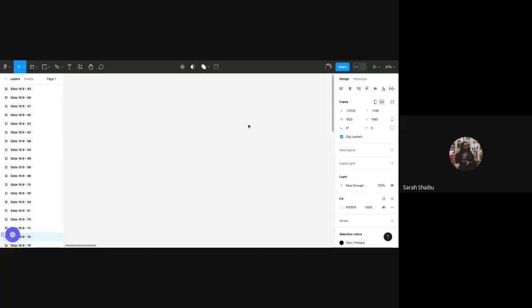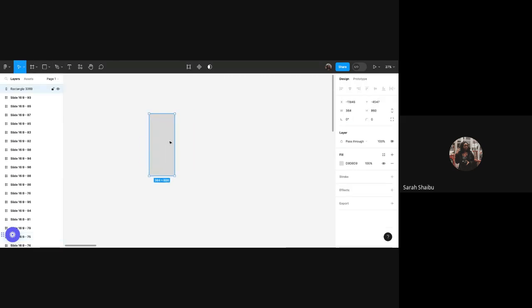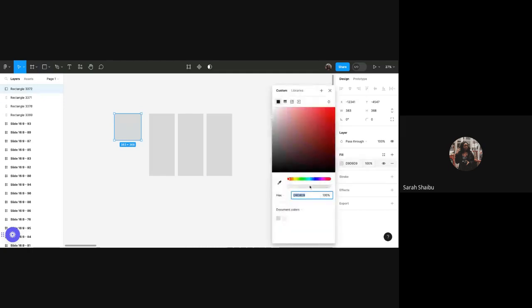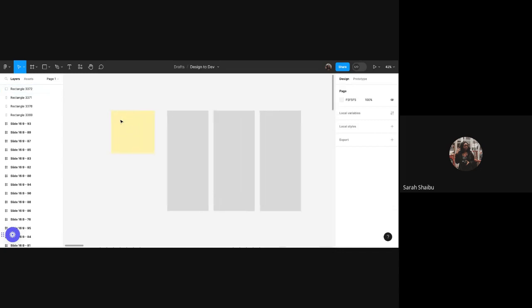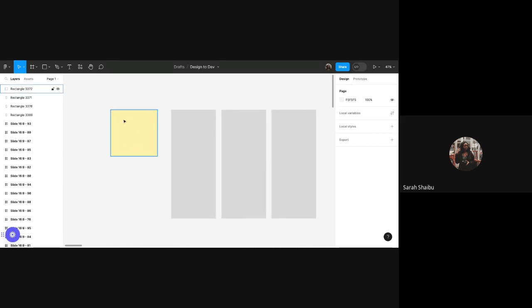Right. So what I try to do with change logs is just to keep track of the design changes that I have in particular flows. I don't have any flows right now, so let's pretend these are actually screens because I'm just trying to explain the theory. In theory, when I have a set of screens, I will have a change log by the side where I write out anything that has happened.